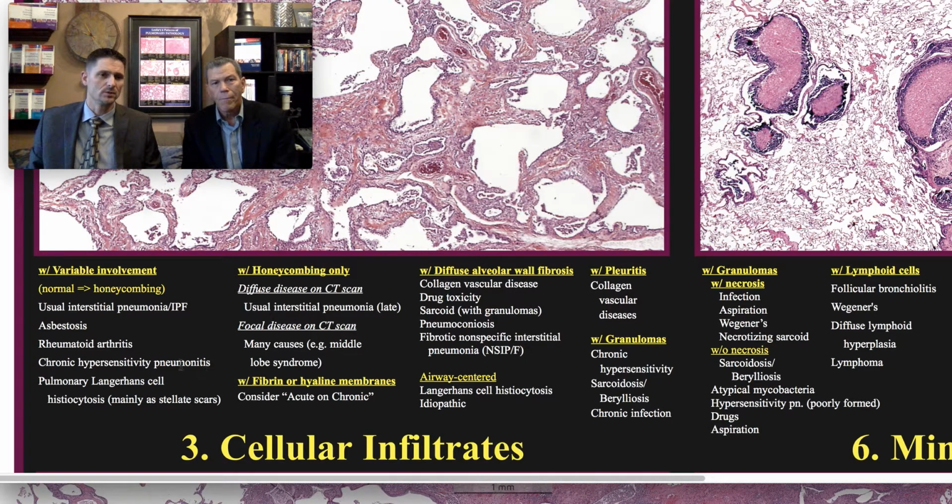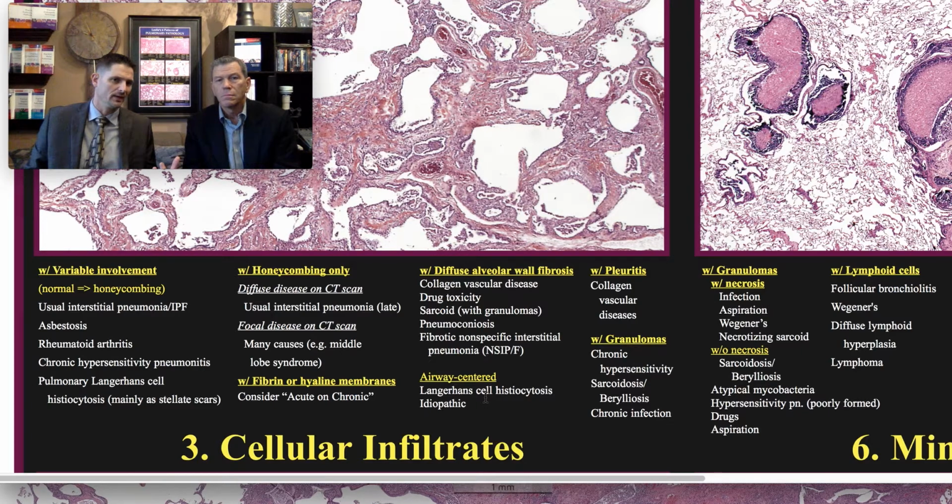Brilliant. So asbestosis pneumoconiosis, we'd look for ferruginous bodies, we'd look for dust. Rheumatoid arthritis, we look for lymphoid infiltrates, germinal centers, bronchiolitis, maybe pleuritis, yeah. Chronic hypersensitivity pneumonitis, lymphoplasmacytic cellular interstitial infiltrates of the interstitium, poorly formed granulomas. And all of the airways being pretty abnormal in chronic hypersensitivity pneumonitis, whereas in UIP of IPF, the airways may be mostly normal. Exactly. So with that in mind, let's go back to our case